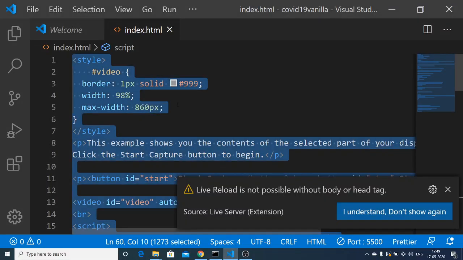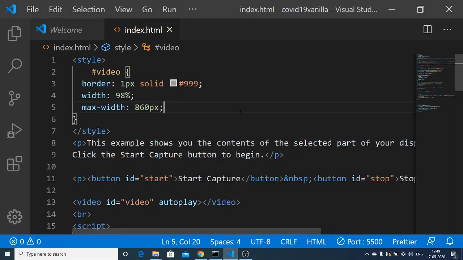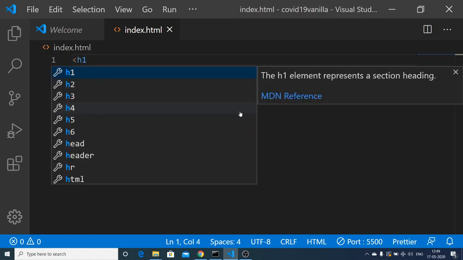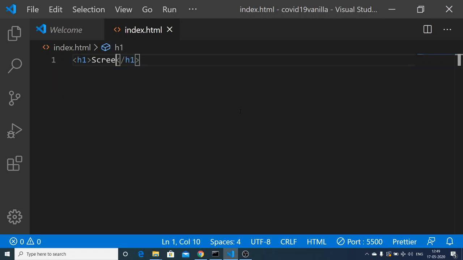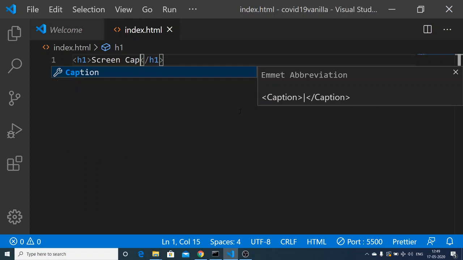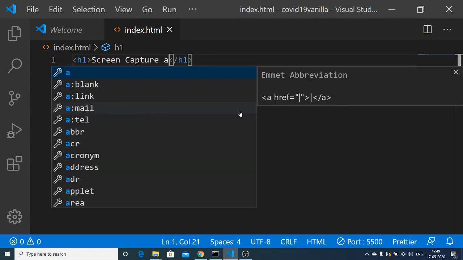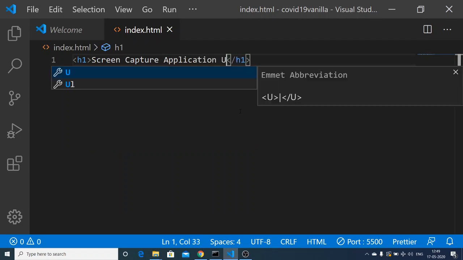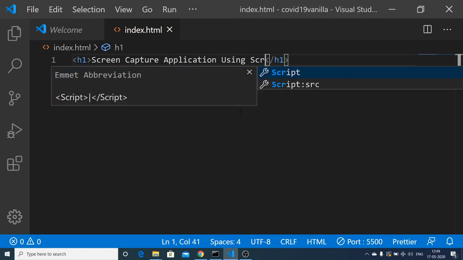So just open your Visual Studio Code text editor and build out an index.html file, and just give it a title: screen capture application using screen capture API.